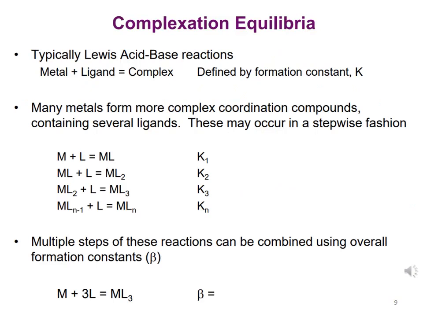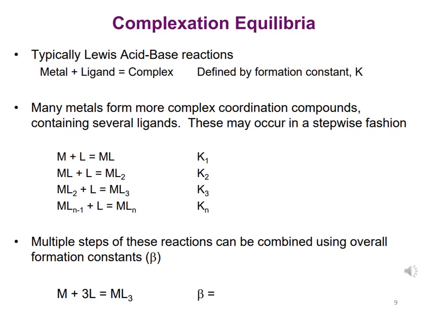so for the complexation equilibrium of metal and ligand that form a complex, we can denote the reaction by different steps, and many metals form complex coordination compounds that have several ligands. So this complexation reaction could be in a stepwise manner. We can write it like this: if M is a metal and there is one ligand, then it will form ML,